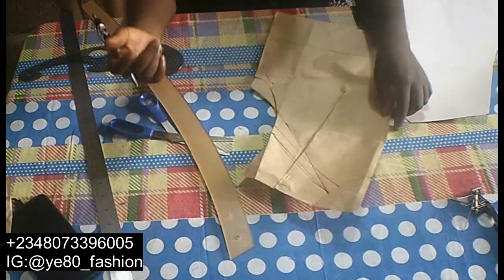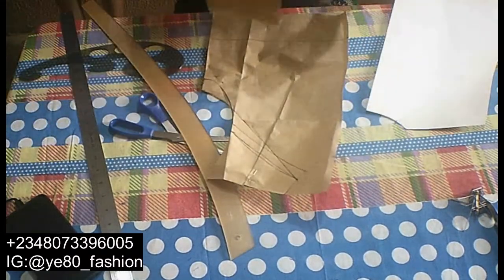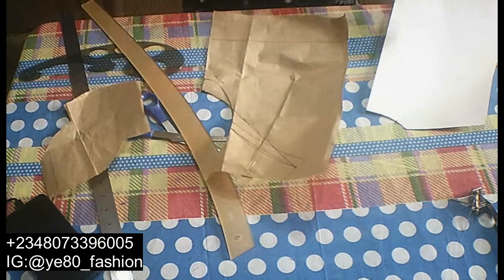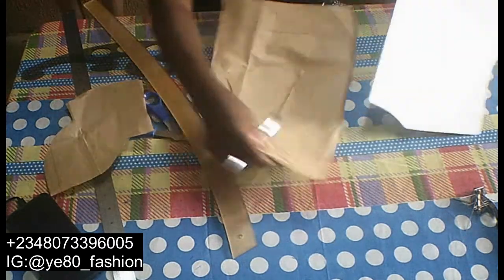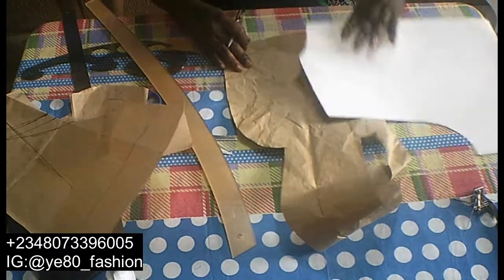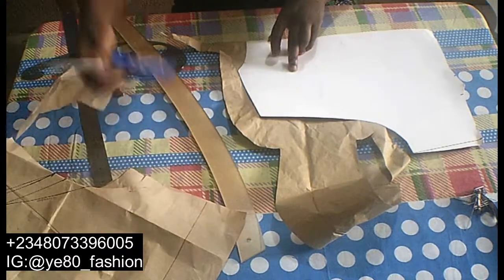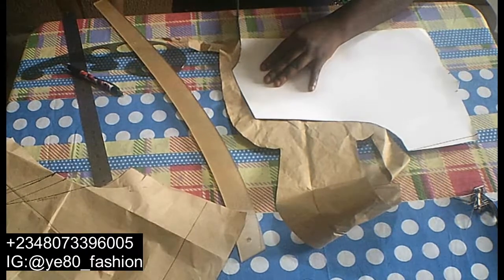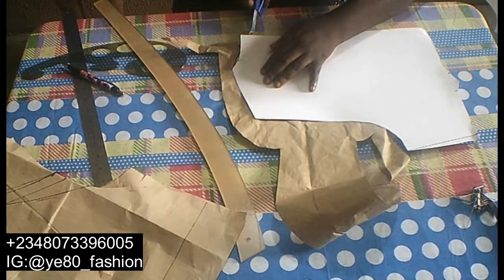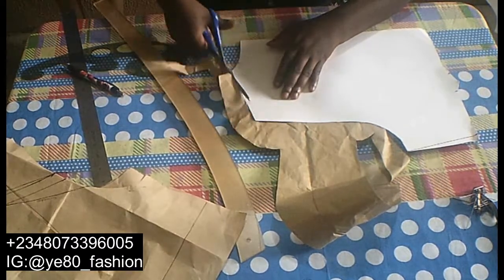So that being said, we will still continue. I want to try and I want to interpret the back bodice. Now this is my full back bodice that I don't mess with. So I'm just going to be drawing this out somewhere else so that I can do a full representation. So I will not just explain it and then think you understand it. Like I've been told that I should accommodate beginners in my videos. So this is me